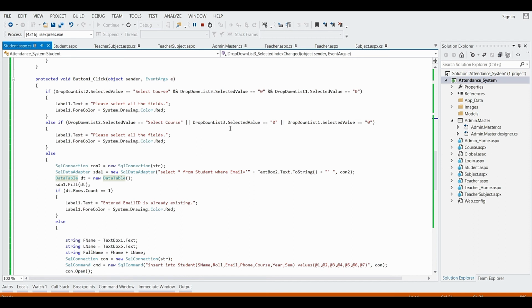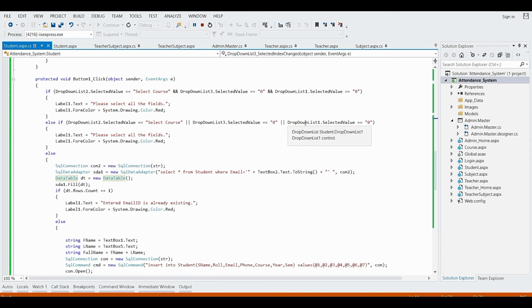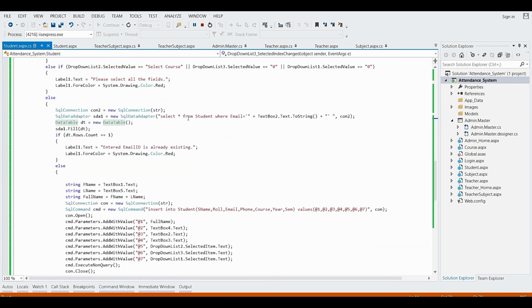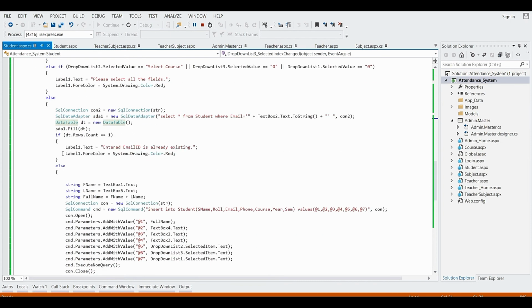Or else if this drop down has been selected and this is not, and this drop down list is not selected, then it will display this message, because we have provided the OR condition here and the AND condition here. So if both conditions are false, then it will execute the else condition.